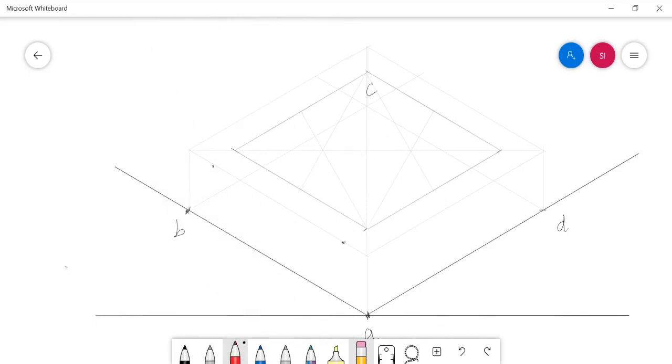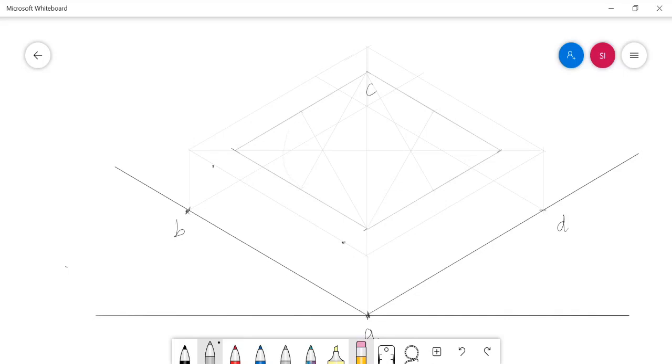After that, by using center 1, center 2, center 3 and center 4, I can complete the isometric view of the circular base here. How to execute the 4 center method for drawing the isometric view of the circle is already discussed in a few problems before.